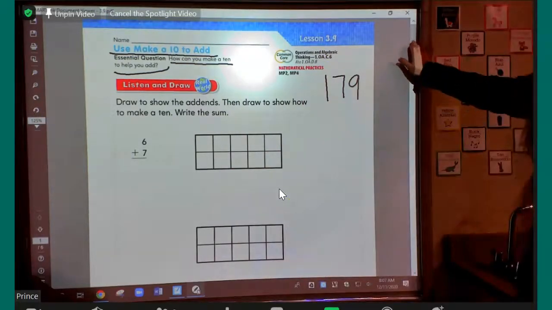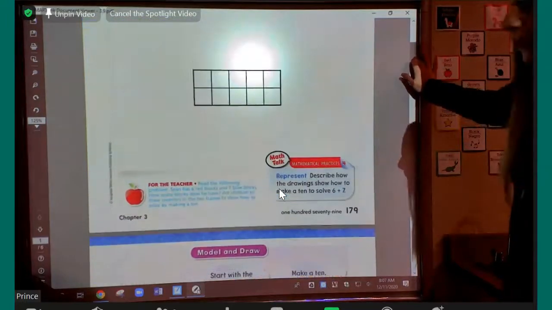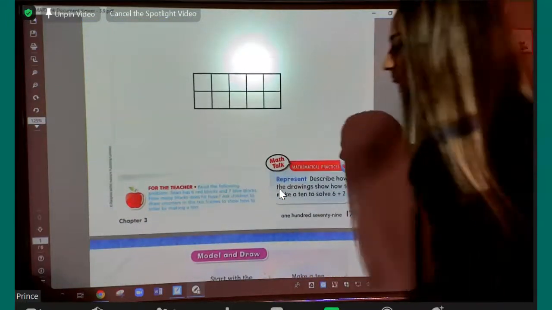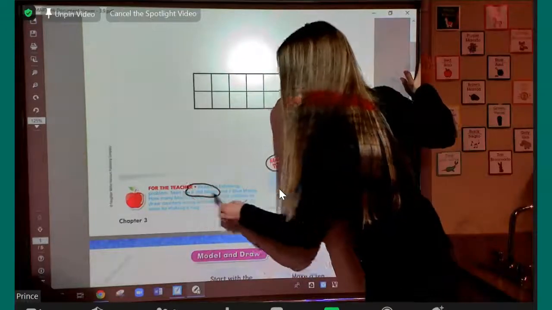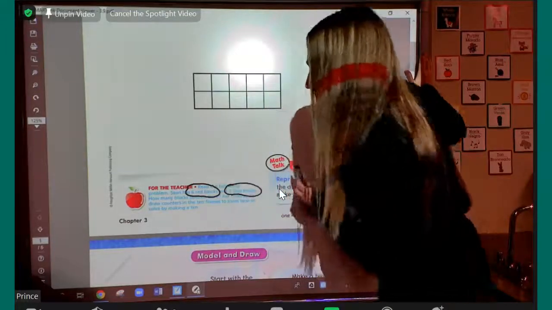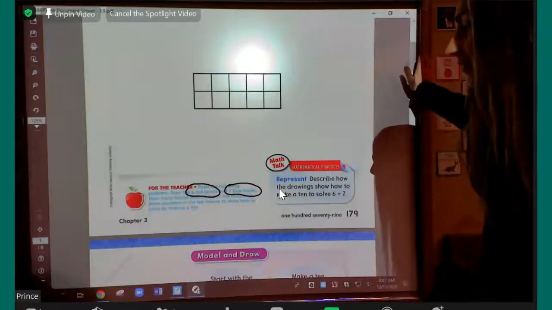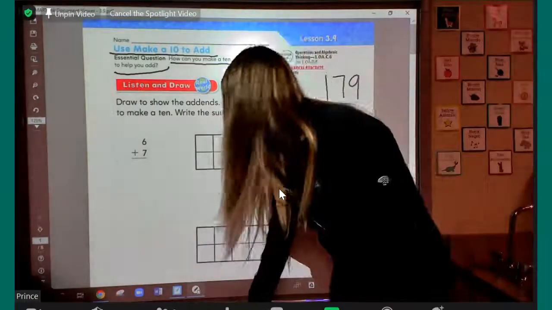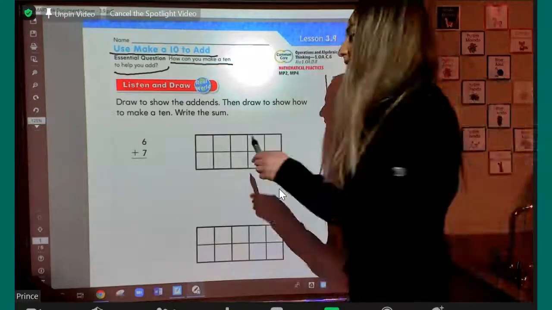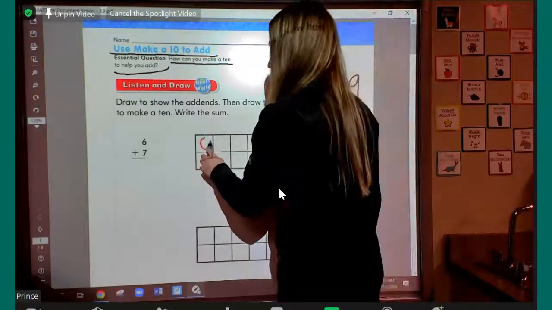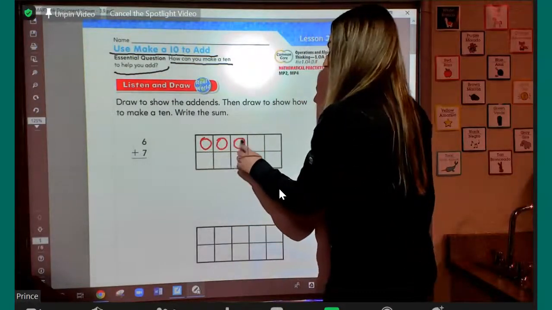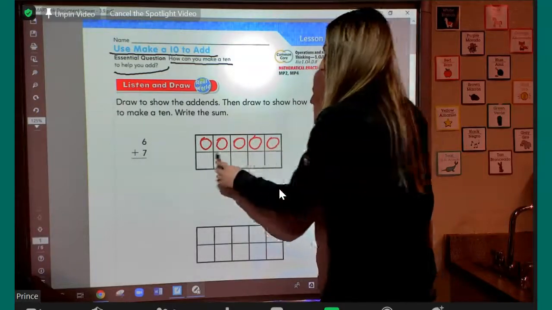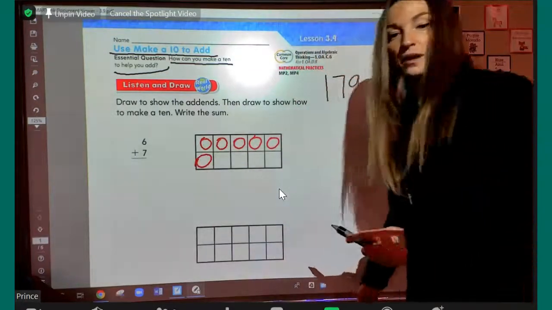Okay, I'm going to read the problem. Sean has 6 red blocks and 7 blue blocks. How many blocks does he have? So up here, I'm going to start with my 6 red. So take your red crayon and we're going to put 6. 1, 2, 3, 4, 5, 6. 6 red blocks